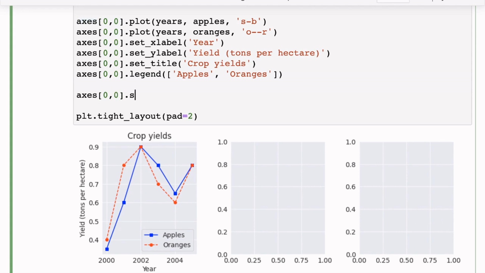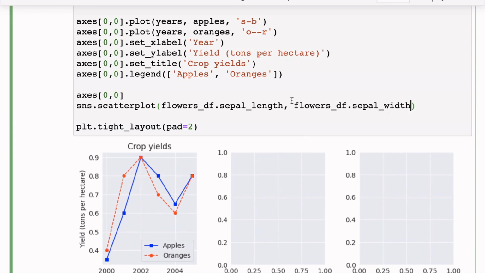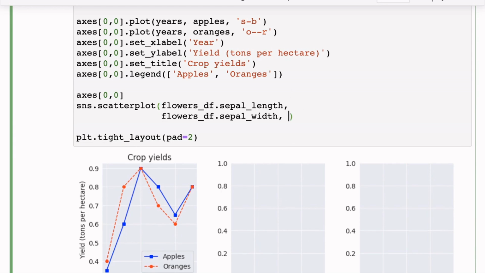Now here, let's do a scatter plot. But to do a scatter plot, we need to use sns.scatterplot. So we say sns.scatterplot, and here maybe we want to visualize flowers_df.sepal_length and flowers_df.sepal_width. So let's put in sepal width, and then we want to give it a hue.